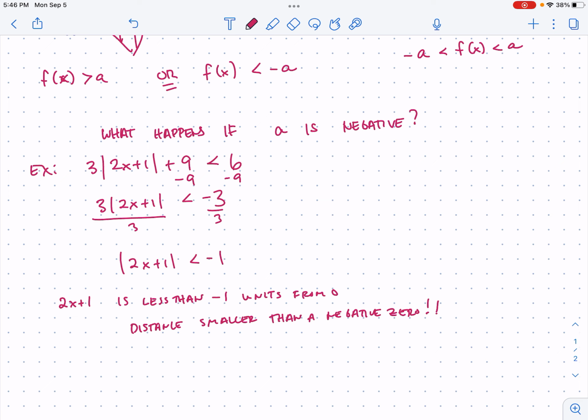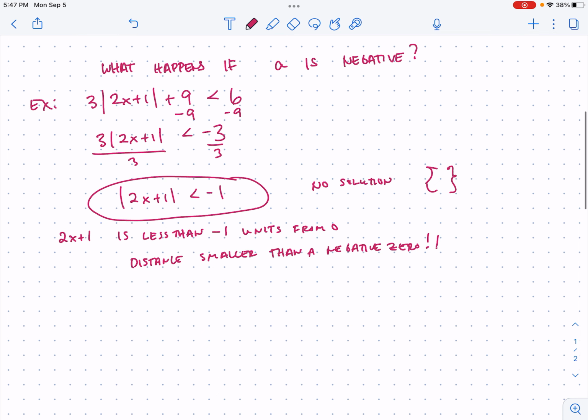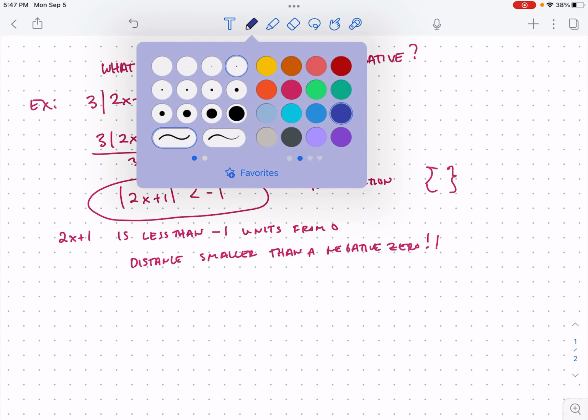So when we have an expression like this, it has no solution. Or if you want to be formal about it, the solution is the empty set. There are no values of x that are going to make that expression inside those absolute values be a distance away from 0 of negative 1. That physically cannot happen. But notice that if we flip it around, so I'm going to take the same problem,